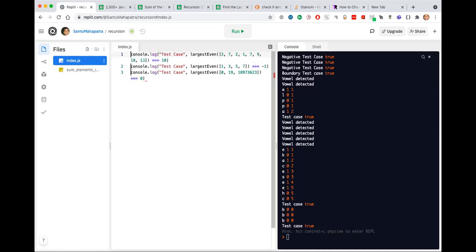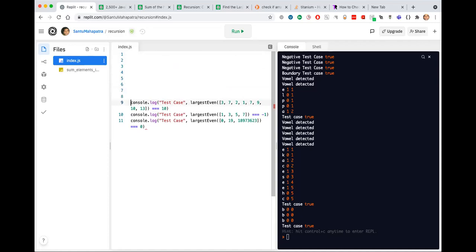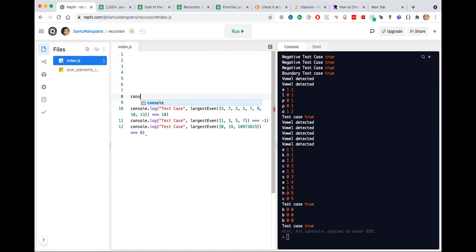Okay, the test cases are ready. We can do a wrong input test case and we can do a boundary test case quickly. Negative, let's put it as wrong input case, where we call largest even and pass a string.